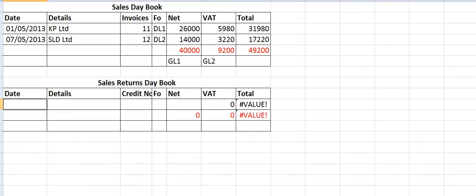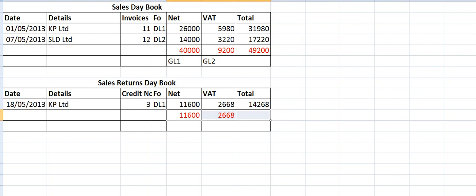So the returns were on the 18th of the 5th, 2013, and KP Limited, who we sold goods on credit to, returned some of those goods. We issued him with credit note number 3. His account is debtors ledger account number 1. We're going to open in a minute, and the total was 11,600. 11,600, which, if I just add there